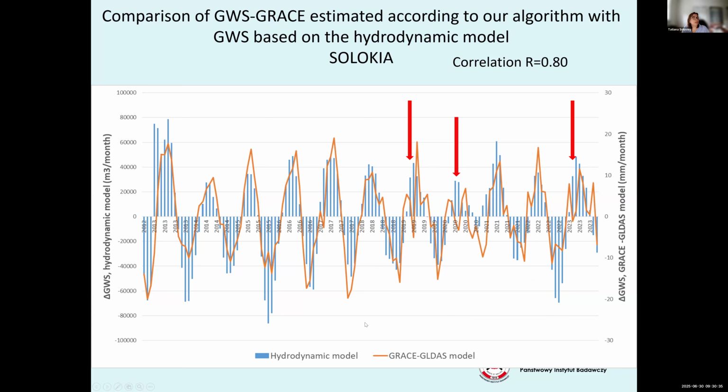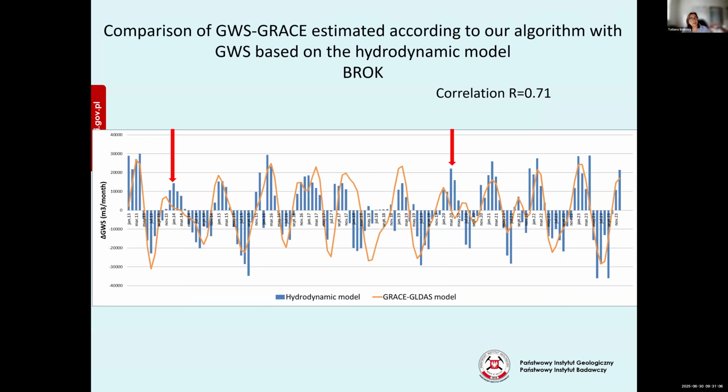The blue line represents the values derived from the model, while the orange line shows the output of our algorithm. The correlation coefficient is 0.8. We are currently working on incorporating the spatial variability of recharge delay into the algorithm. The correlation obtained for the Brock catchment is lower at